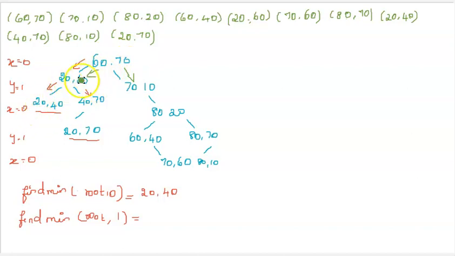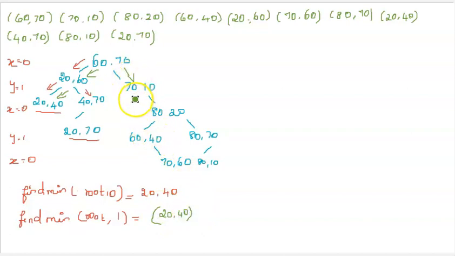So let us explore this left subtree, and see which minimum key I'll be getting. From (20, 60), as this is the y dimension, I'll be moving with only left. So in the left, I find only (20, 40). So this will be returned as the result of the left scanning. Okay. Then I have this right branch also to be scanned.